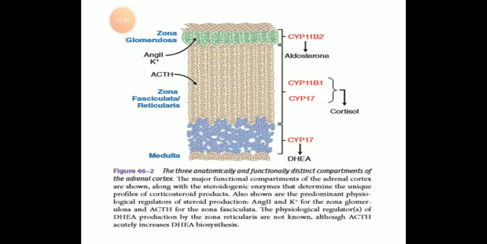The adrenal cortex is divided into three zones: zona glomerulosa, which synthesizes aldosterone and deoxycorticosterone; zona fasciculata, which secretes cortisol, the glucocorticoid, mainly; and zona reticularis, which forms dehydroepiandrosterone and androstenedione, and also some estrogen.